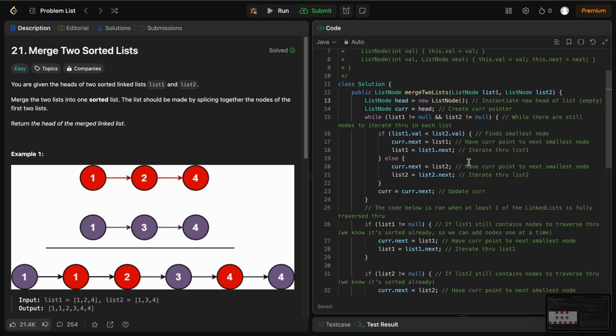Otherwise, if list 2 has the smallest value, cur is going to point to list 2, and then we're going to iterate through list 2 with list2.next. After we end the series of comparing the smallest nodes, we're going to update the cur pointer by doing cur equals cur.next. Now, once we reach the end of one of the list nodes, at least one of them, the